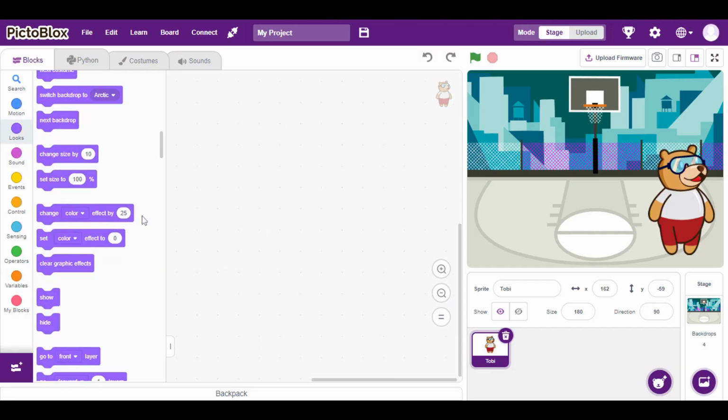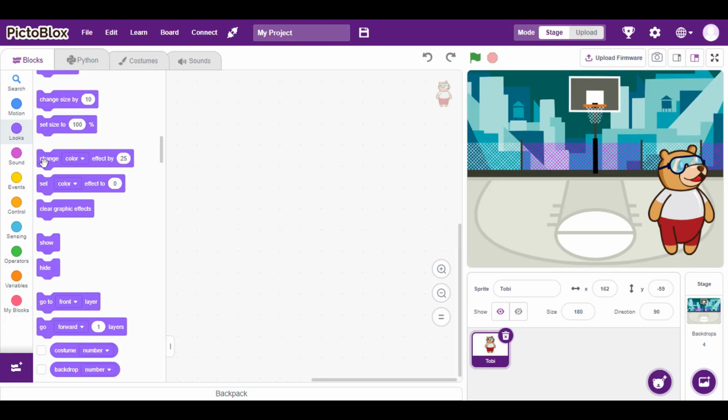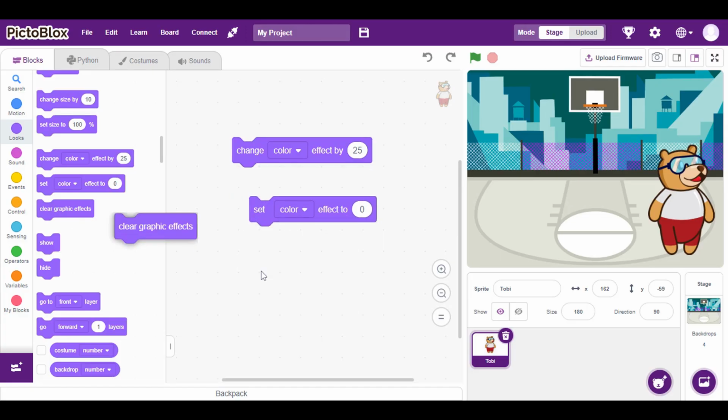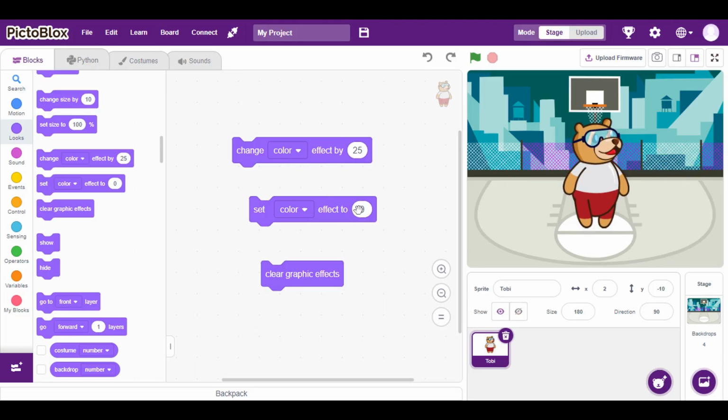Okay, now that is about the size, and these three are the blocks that are there to change the graphic details of the sprite. Now right now it's 0 because this is the default color. Let me put it to 100, and if I click that, the color effects of the sprite will be changed. Okay, now I'll make it 200. Okay, see, so it's a cycle from 0 to